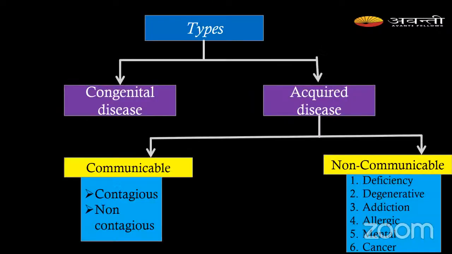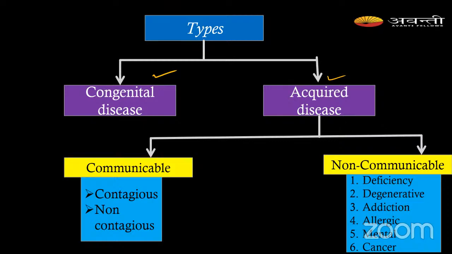Whenever we are talking about diseases, there are two types. The first one we will call a congenital disease, and the second one is the acquired disease. Do you know what a congenital disease is, student? Congenital means the disease which we have from birth. For example, you can take any chromosomal disorder, like Klinefelter syndrome or Turner syndrome. These all come by birth, right? So that's why we call it a congenital disease.